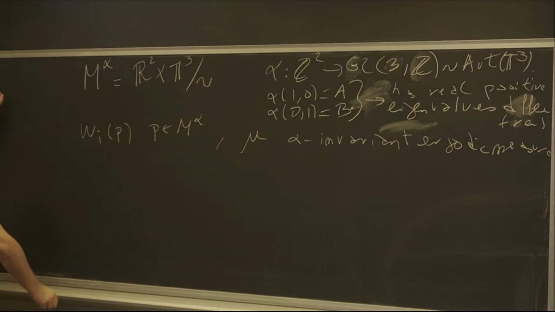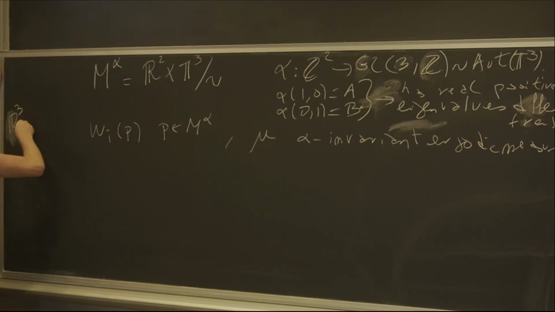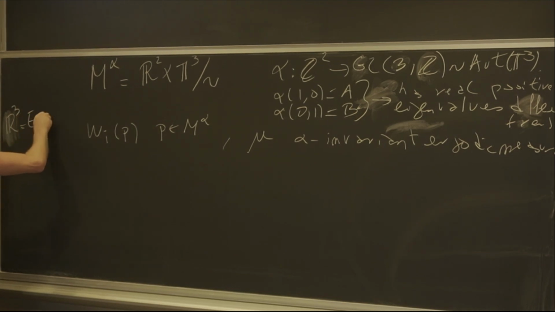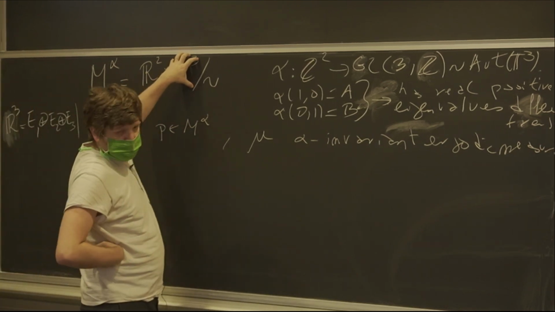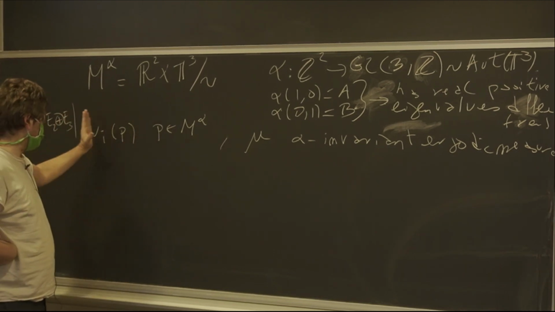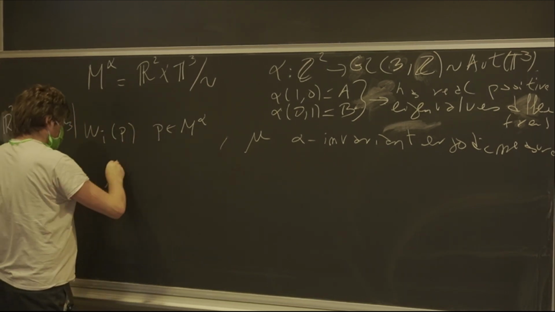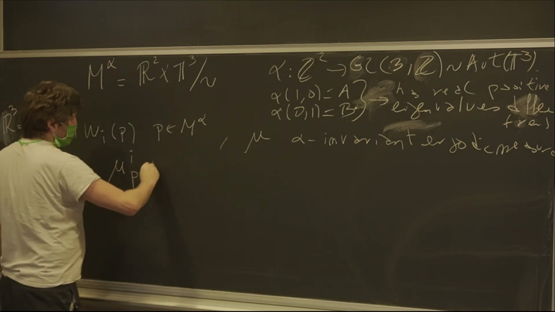These W_i's are tangent to some spaces E_i, where this decomposition of R^3 is inherited by the tangent of T^3 in the fibers, and this leads to these decompositions. And we have these μ̂ Radon measures